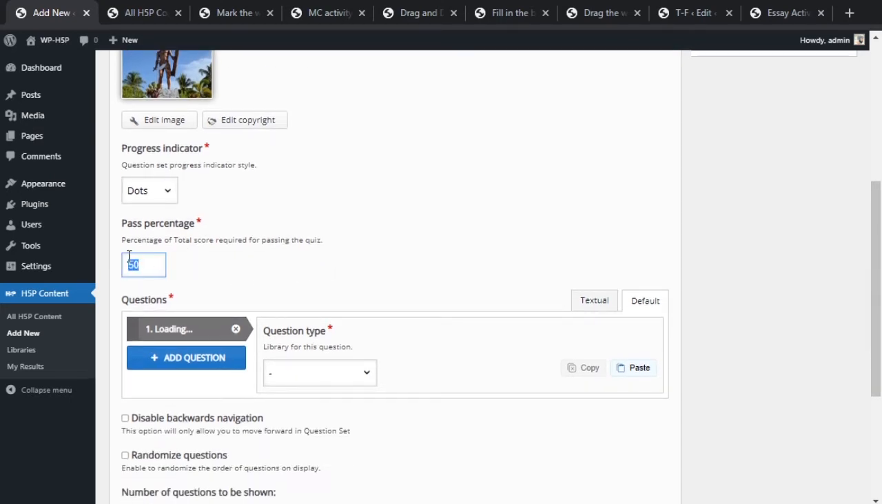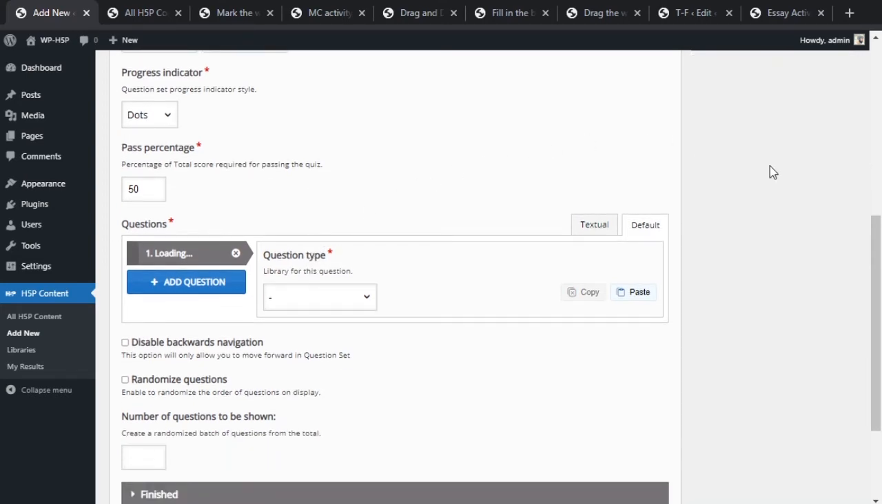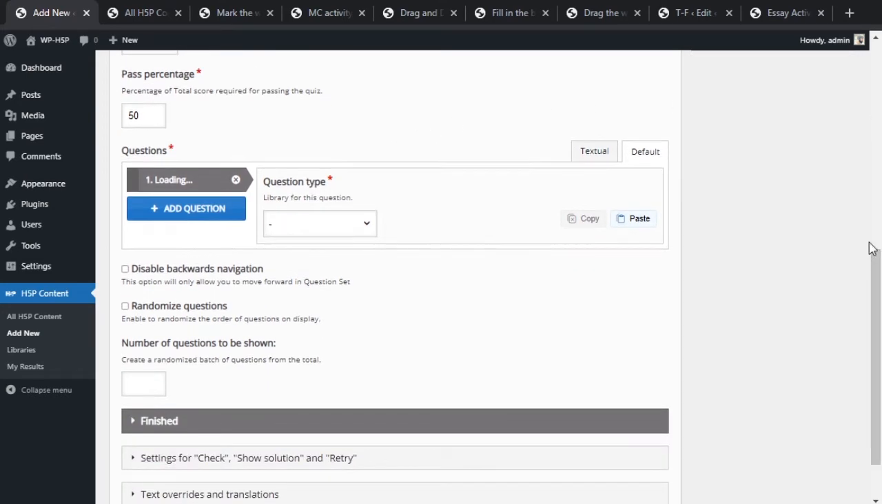And we also have the passing percentage. So what percent do you need to pass this quiz? We'll leave it at 50%. So if you get less, you fail. If you get more, you pass. Okay, so